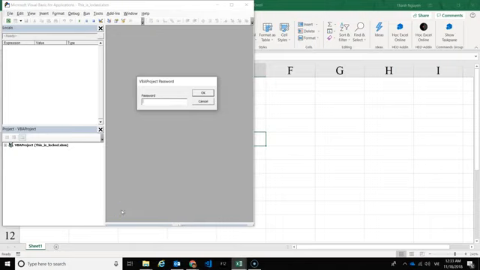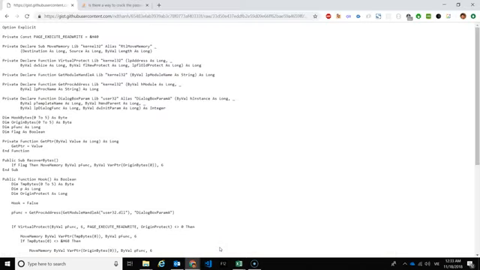So hello everyone, today I want to show you how to bypass a VBA project password in Excel or in Word or in PowerPoint. It doesn't matter, it just works. So the first thing you should do is to back up your files, and after you back up your files you can go to the link I put in the video description and copy the code there,